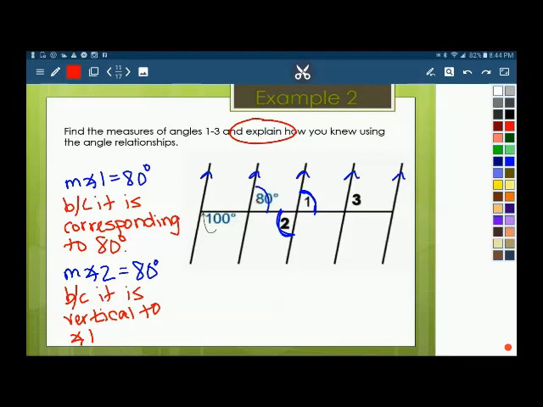And then lastly, angle 3, I can connect angle 2 to angle 3. Okay, so angle 2 is actually alternate exterior to angle 3. So angle 3 is also equal to 80 degrees. Oops, I should put my little m there for measure. Okay, and again, I'm going to put my reasoning. Because it is alternate exterior